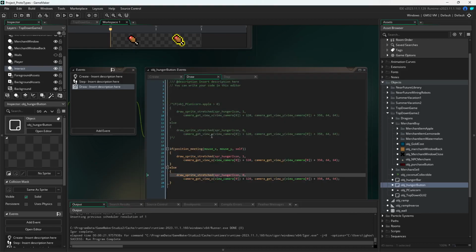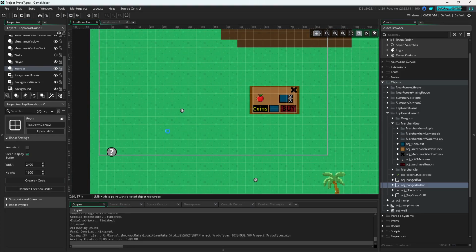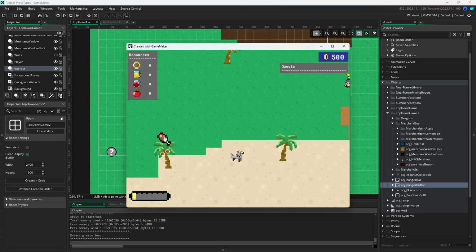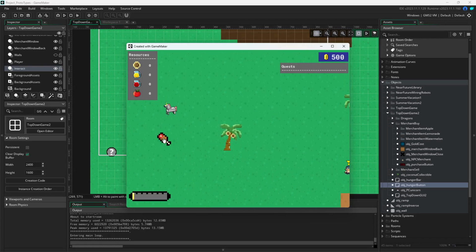So if the place meeting is in the correct spot, then we turn it to highlight, else it's not highlighted. So right now it's not being highlighted at all, meaning my mouse is, it's not showing that my mouse is over, I don't think. Okay, strange. That is very strange. Maybe it's a certain